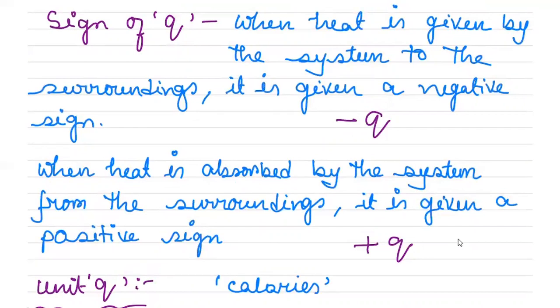The sign of different quantities is very important. Now the thing is that when heat is given by the system, then it will be negative, and when heat is absorbed by the system,